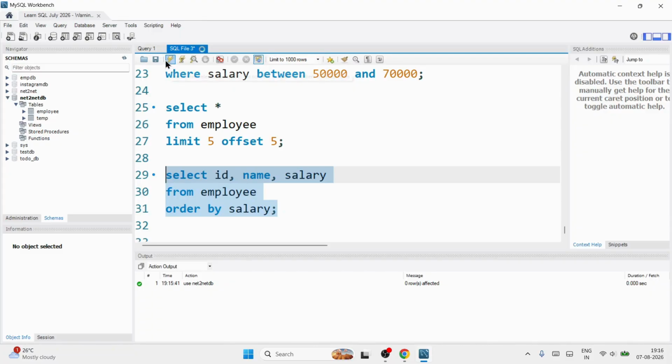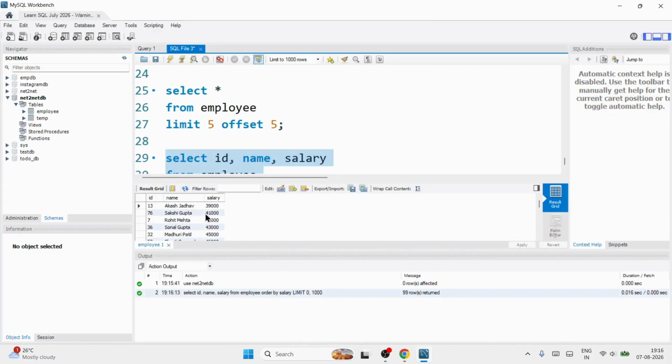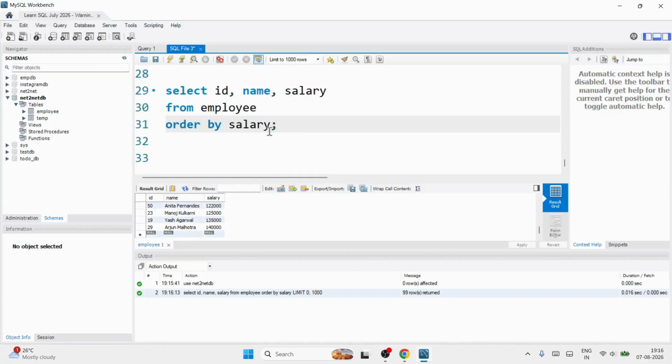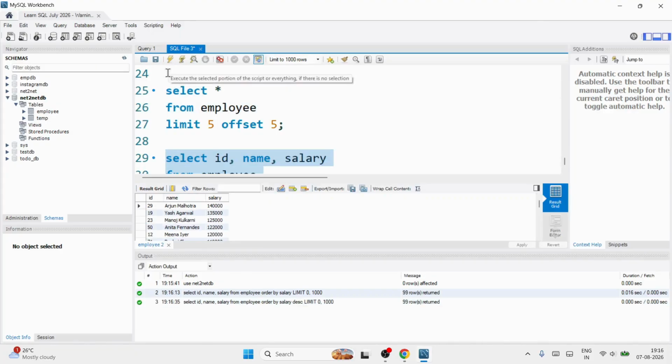Check. See, is it first increasing, salary 39,000, 41,000? The salary is going on increasing up to 1,40,000. Okay? And here, if I give keyword descending, okay, can you see the highest salary is coming first, and then the salaries are going on decreasing. डिक्रीज होते जा रहा है एंड लास्ट में 39,000।